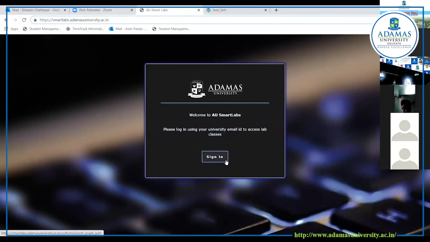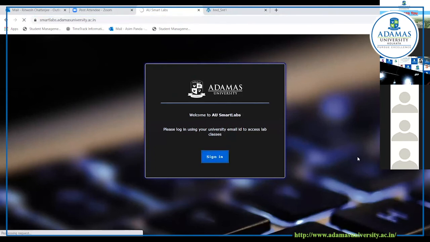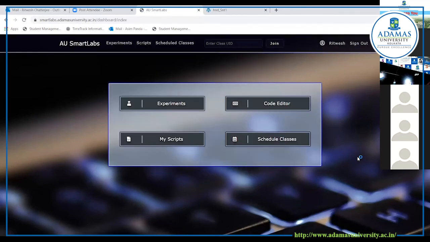In case you want to refresh it before clicking the sign in button, you can try that, but wait for the page to completely load before clicking on the sign in button. Now, once you click on the sign in button, for me, it will take me directly to the login page. But for you, it will take you to the Microsoft server where you have to put in your official university mail ID and password. If you do that and grant yes to the permissions it's asking for, it lands you on this page.